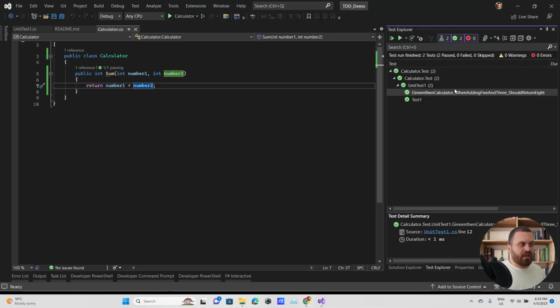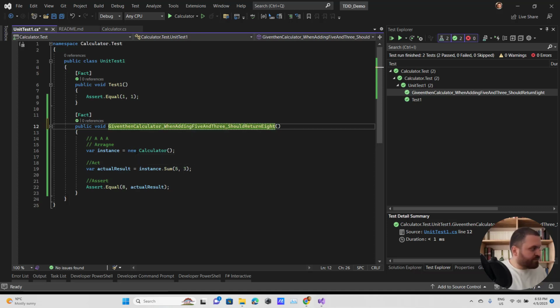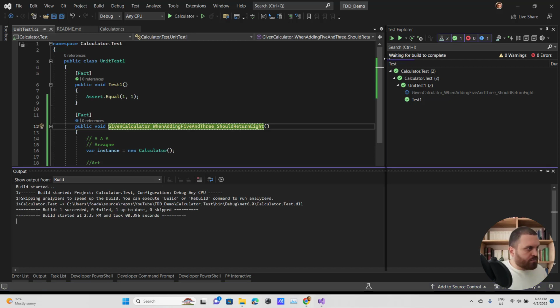Okay, about the naming of the unit test. What I really like is that just by seeing the name of the unit test, I see which of my tests are failing. Okay, we have some misspelling here. During this course, you will see a lot of misspelling from me because dictation is not my strongest suit. Let me fix it. Even calculator, yeah, it's a bit better.